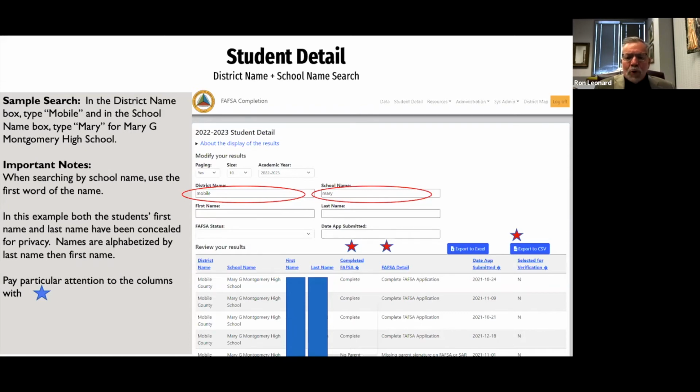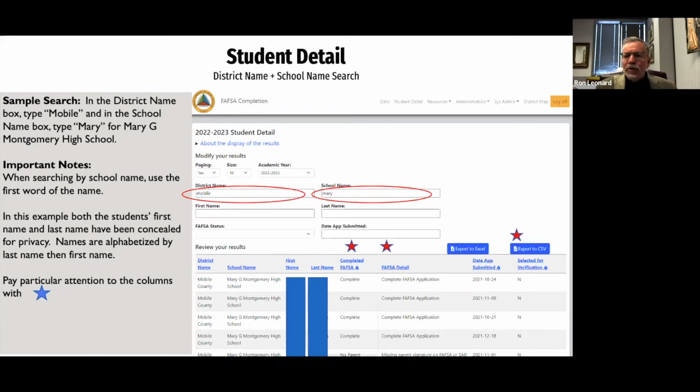Now, some of the important columns there: completed FAFSA, that is for both completed and incomplete. You'll notice by completed FAFSA, there's a little information icon. If you scroll over that in the live version, you can get information about incomplete FAFSAs. FAFSA detail is where you will go to see the error messages.